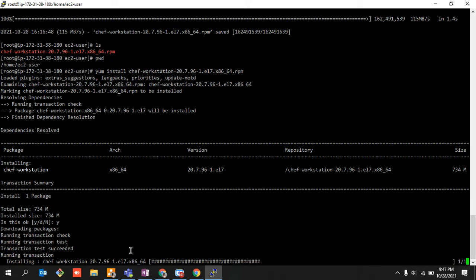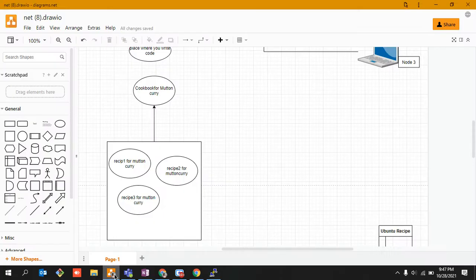So guys, once this particular thing gets installed, again back to our diagram. This is only one cookbook, right? One book will contain multiple recipes of that particular dish itself. Let's say there would be another cookbook for any other dish, like cookbook for dish 2, and that second dish would be containing its n number of recipes as well.